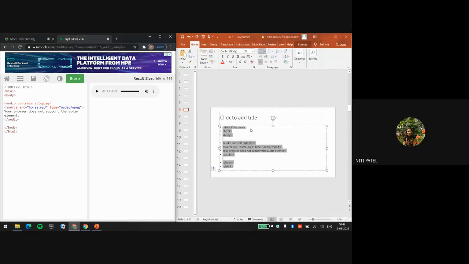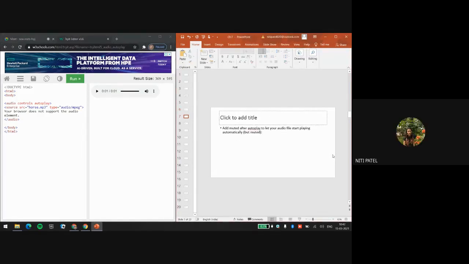Is this clear? Any doubts up till here? Ma'am, this audio should be offline audio, right? Yes, you have to download it on your system and then play it from your system. Since I have not downloaded it now, I'm playing it on W3Schools. You can replace it with any of your favorite songs, but observe what file format it is, and write the appropriate file format over here.